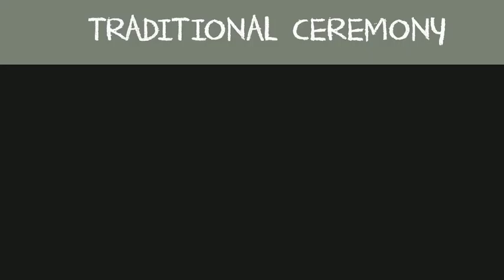The order of the ceremony. So let us now take a few minutes to go over what a traditional wedding ceremony looks like and what exactly the officiant does. The processional. This is the part of the ceremony where you walk down the aisle to meet your officiant and soon-to-be spouse.